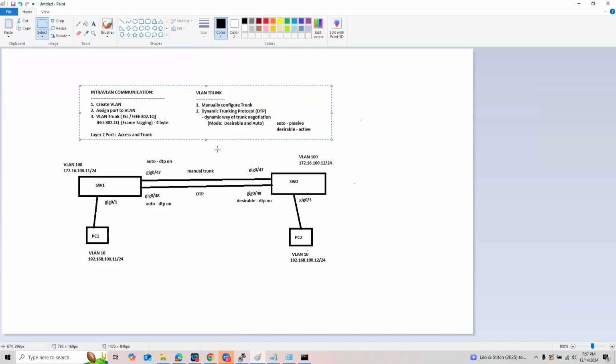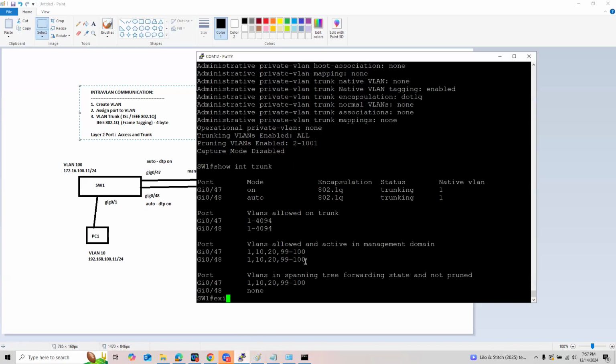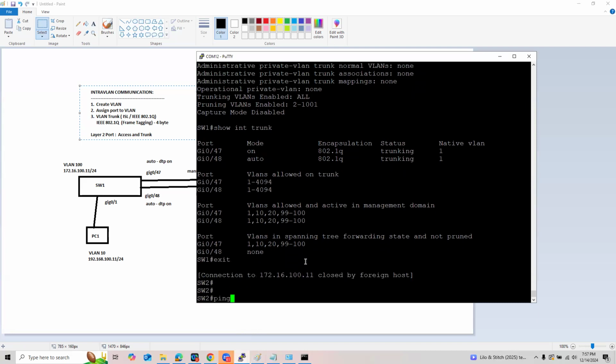And then what we're going to do next meeting is this. We are going to fine-tune our switching environment. Again, guys, our switching environment is already working at this point. So let's exit from here. I'm back in switch 2.